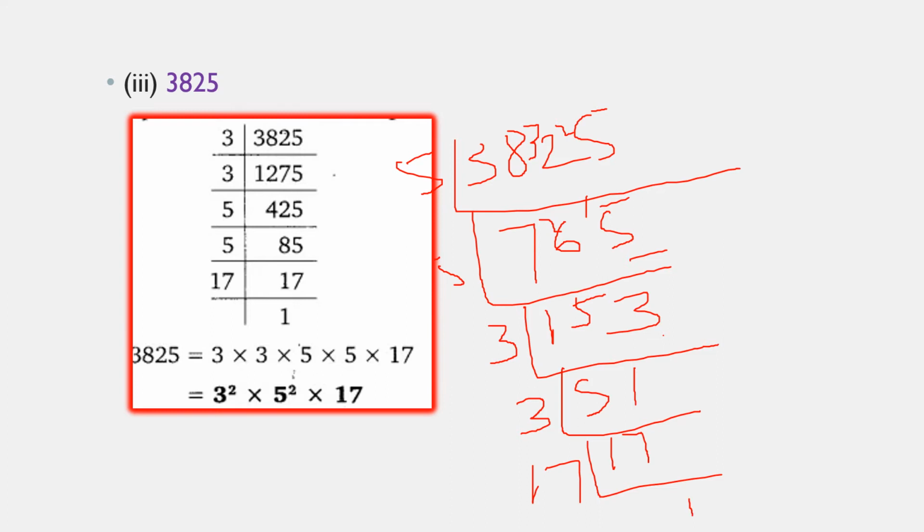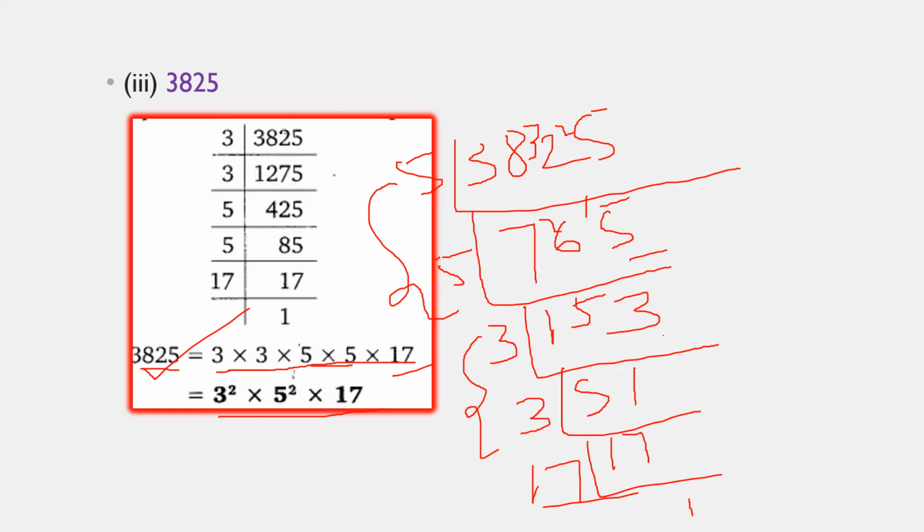If you follow this procedure also, here you got 5 two times, here 3 two times, and 17 one time. So whatever order it may follow, the product of the prime factors is the same only. We have given the definition in the fundamental theorem of arithmetic: every composite number is a product of prime factors, but whatever order it can follow, it gives the product of prime factors in this way.